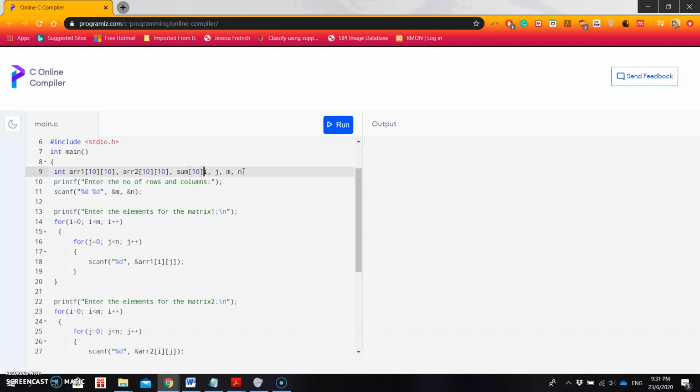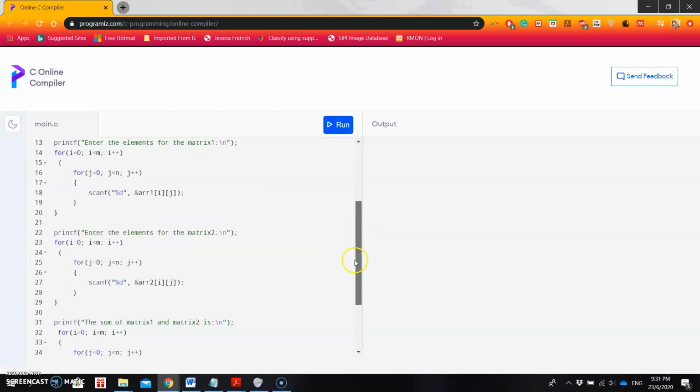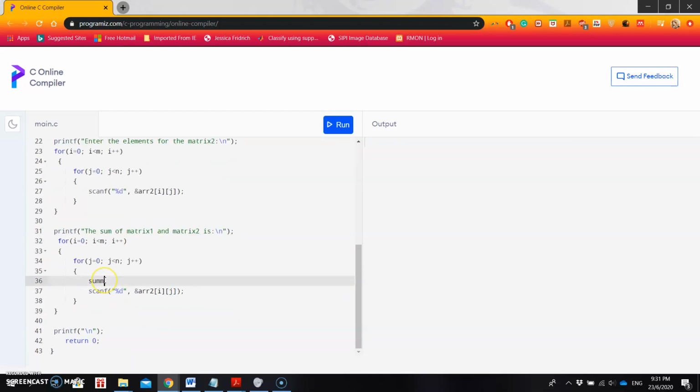Again 10, because after addition the size will remain the same, therefore same size, sum 10. So here sum[i][j] is equal to